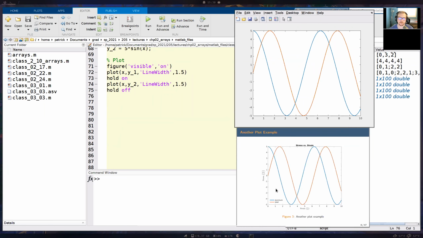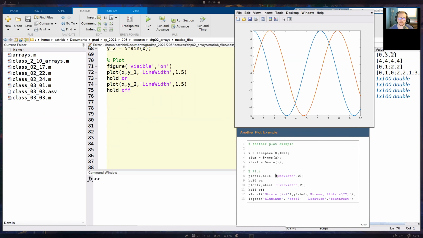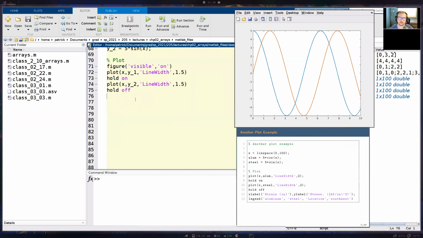I'm looking at this now, and I actually have something different than what I have in my code. My code only shows inch, but if any of you took 331 stress mechanics, you know a strain is inch per inch, or it might be millimeters per millimeters, depending on your units. Besides the point. Alright, let's add in our x label, and I'll call this strain.